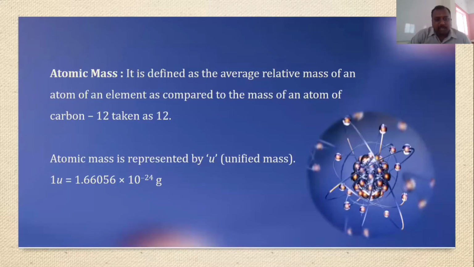Atomic mass: an atom is a very small particle, so we cannot see an atom with our naked eye. நம்ம கண்ணாலேயே பார்க்க முடியாத அந்த ஆட்டத்தினுடைய மாஸ் அப்ப நம்ம எப்படி ஃபைண்ட் பண்ணலாம் அப்படின்னு சொல்லிச்சுன்னா we can find